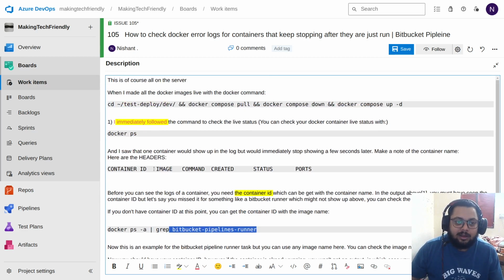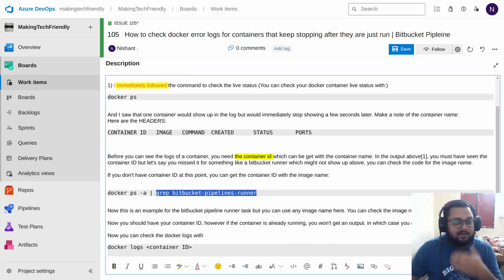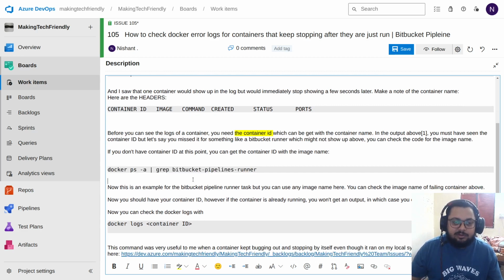Okay, and in this you won't see the container ID for this. So the other way to get it is docker ps -a | grep bitbucket pipeline error. Now if it is already running, I have seen it not giving any output at all. If it is already running, you don't need to do anything. Anyways, once you do this, it will give you a container ID. For that container ID, you can do docker logs and container ID, and from there you can also start the